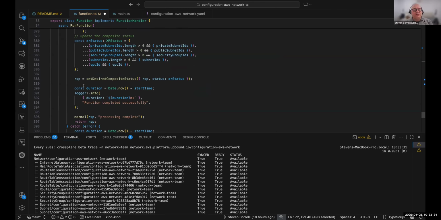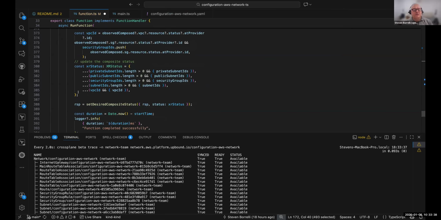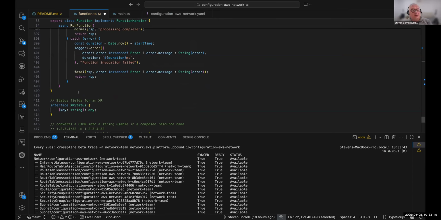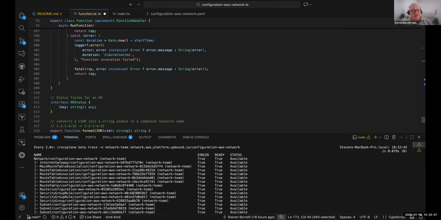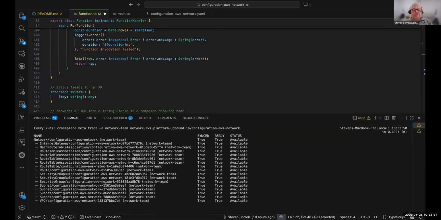And then we set the desired composed status and return the function. So that is a quick tour of a Crossplane function implemented in TypeScript. And as you can see, we've already got it running down below, so it's provisioned all the resources, and they're true and available. So it actually works, which is very important for a demo.